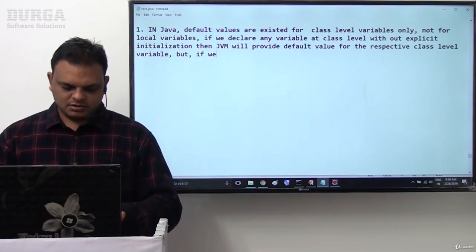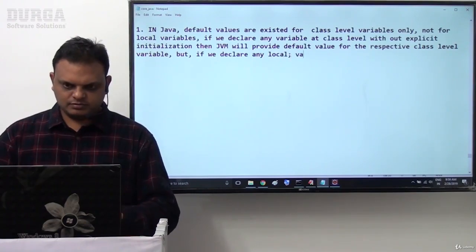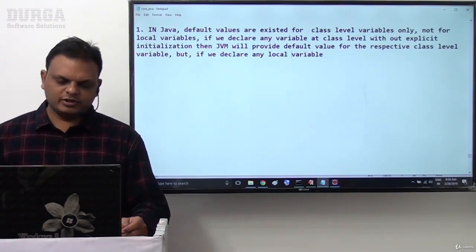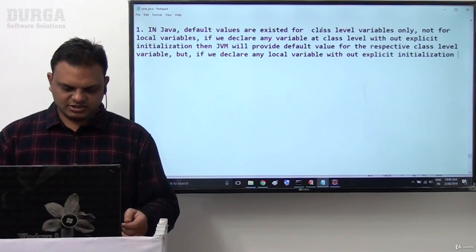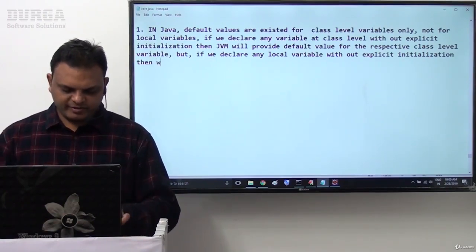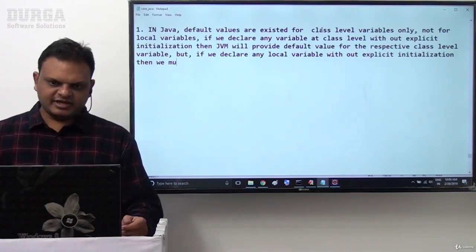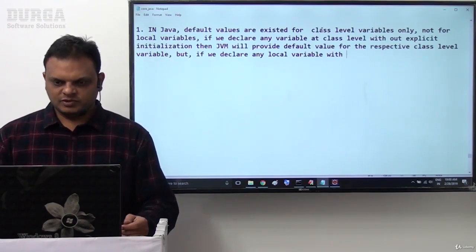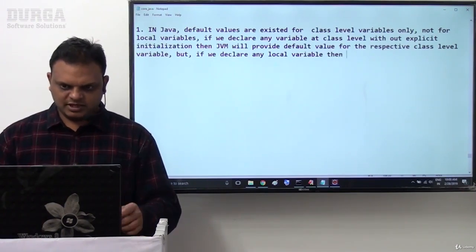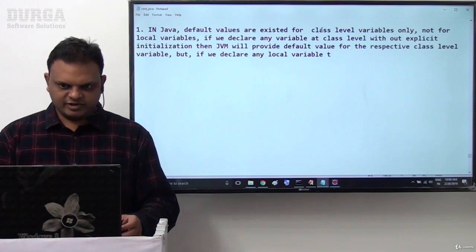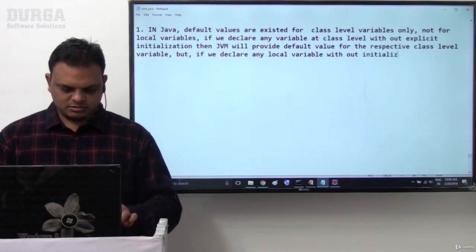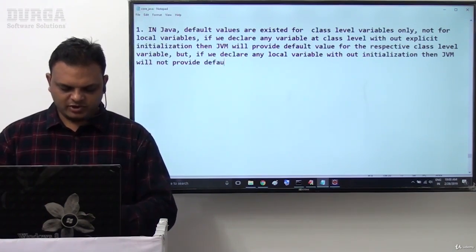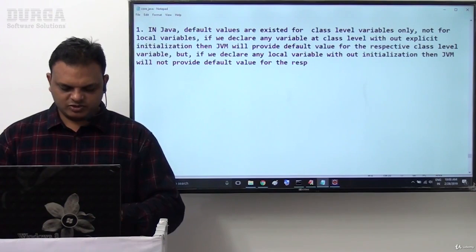But if we declare any local variable without initialization, then the JVM will not provide a default value with respect to the local variable.